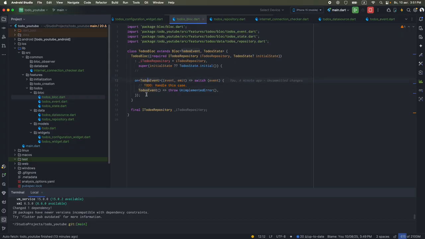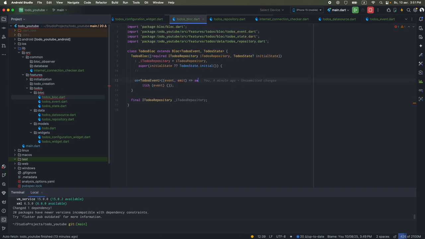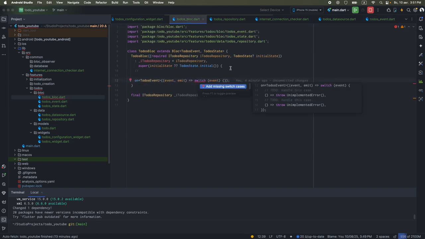It will be a Stack Overflow, there's this exception. For example, that is why if we add our sealed class, it will show that you have to add your